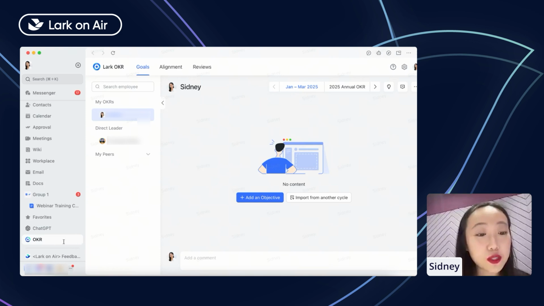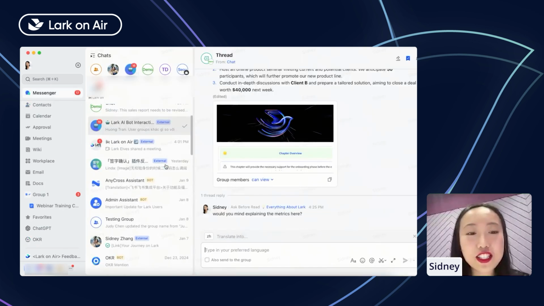And chat group display external. Yes, you can decide what kind of group you want. It can be an external group, which means people outside of your organization will also be part of this group. And it can also be an internal group, that is to say, only members from your own company, within the same tenant, can be added into this group. Yeah, so I think the questions are clear for now, and we can go back to